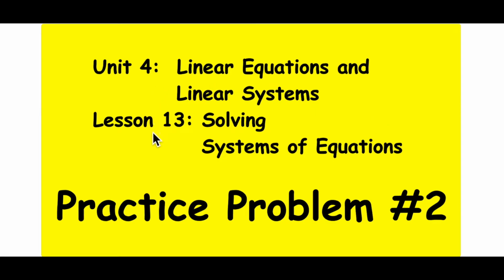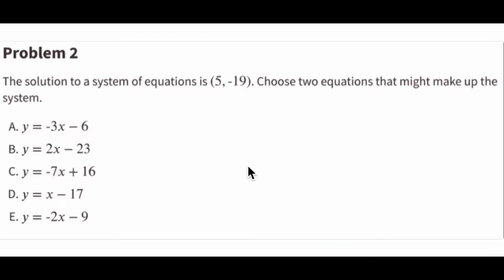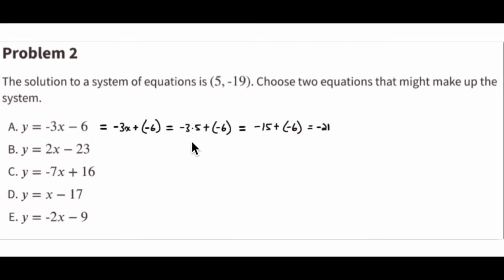This is Unit 4, Lesson 13, Solving Systems of Equations, and this is practice problem number 2. In this problem, you're supposed to find which pair of equations and which pair of graphs have this coordinate, 5, -19, as a solution to that system of equations. Probably the easiest way to approach this problem is just to replace the x value with 5 in each case and see if you get y equals -19. So replace x with 5